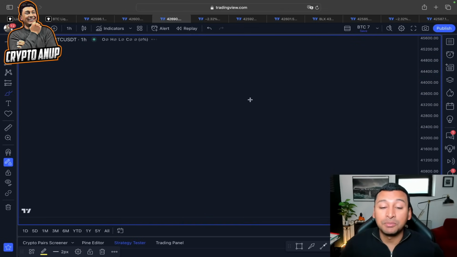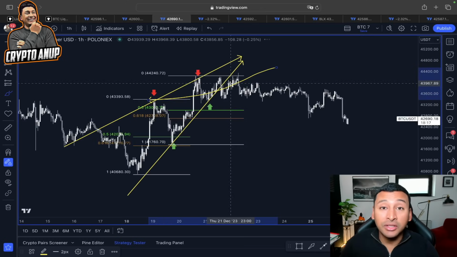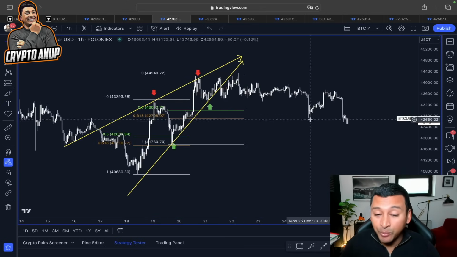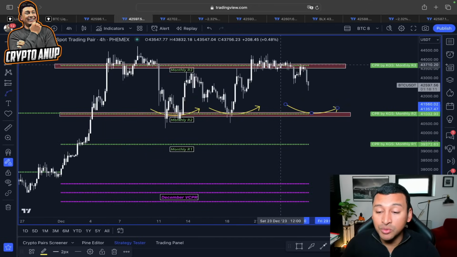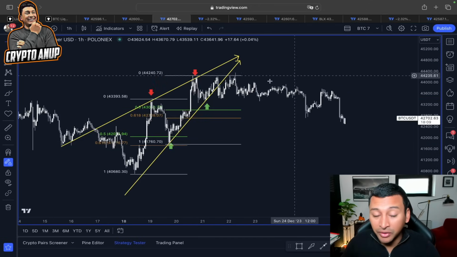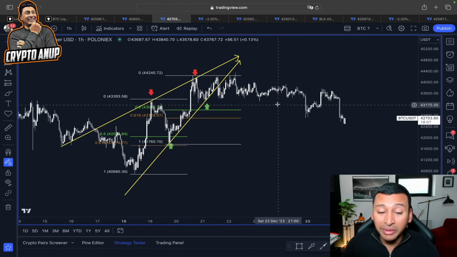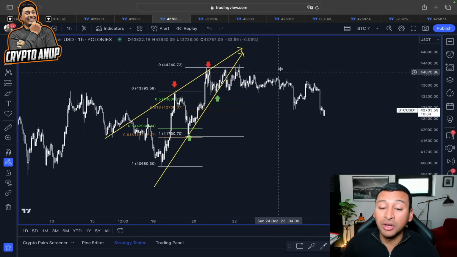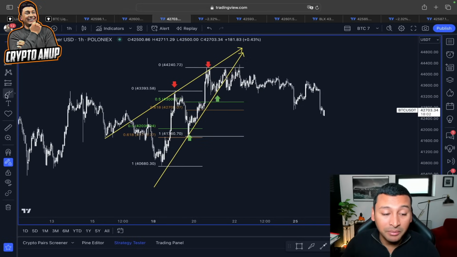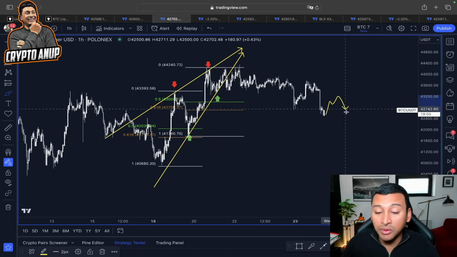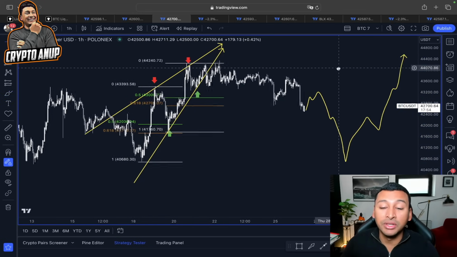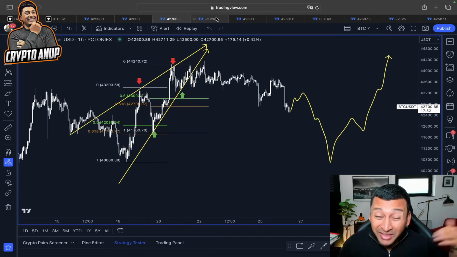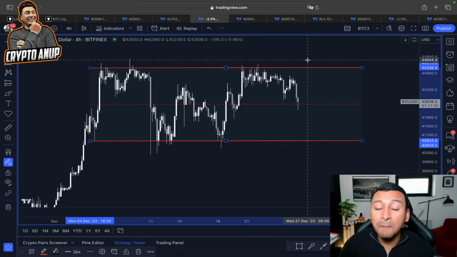What happened after that? The price of Bitcoin after that started showing weakness. So what I'm trying to pinpoint here is that since we have failed to find support over this monthly R3 line, which was around 43,500, 42,600, now this will be looked as a continuation pattern, a bearish continuation pattern. Price of Bitcoin after some range bound, right, coming back to take out all the liquidity which we have here to the downside, and then slowly starting with the new impulsive move. Because if that happens, right, it will make a lot of sense.